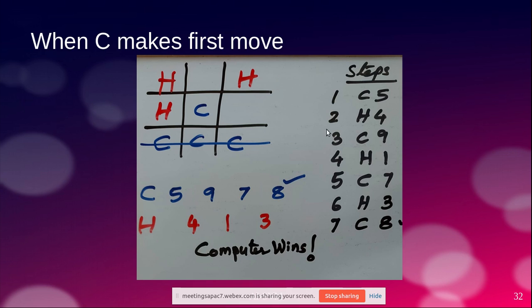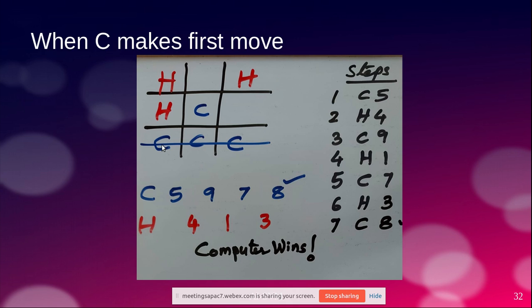Then we look at the algorithm and it asks whether the ninth cell is free. Yes, it is definitely free. So it says select the ninth cell. We selected the ninth cell. Then the human selected the first cell because 5 is already selected by the computer, and 9 is selected by the computer. There is a potential danger for the human to lose this game, because if this cell is left blank, then the next time C is placed here and the computer is going to win. So the human doesn't want the computer to win, therefore he places an H here. So H is placed at cell number 1.